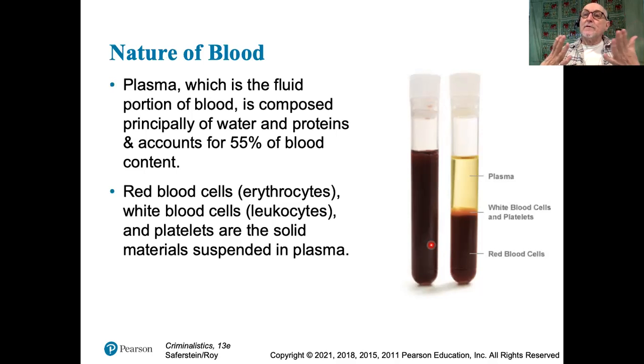If you put this into a centrifuge and you spin it down, you can spin down all of the heavier blood cells and leave clear plasma. This is representative of the fluid that makes up the bulk of the blood. About 55% of the blood volume is this clear fluid. The fluid is full of proteins of various sorts, salts,